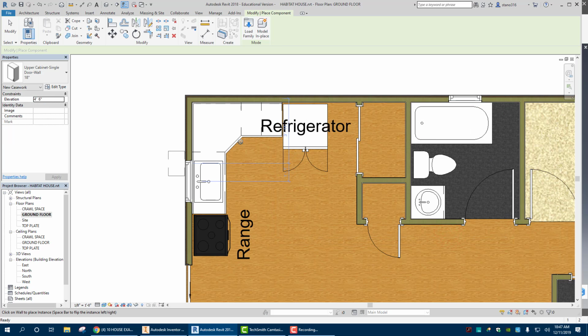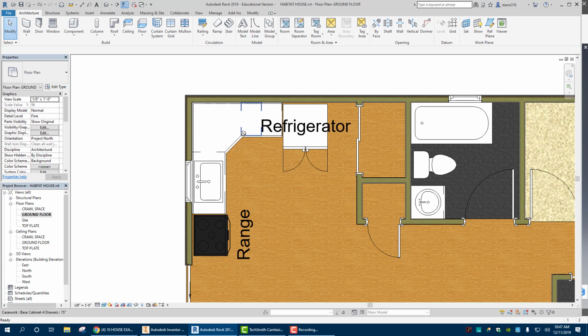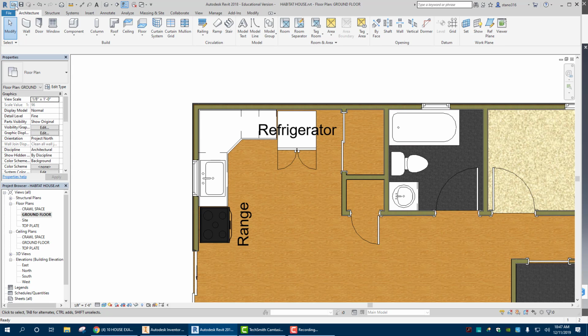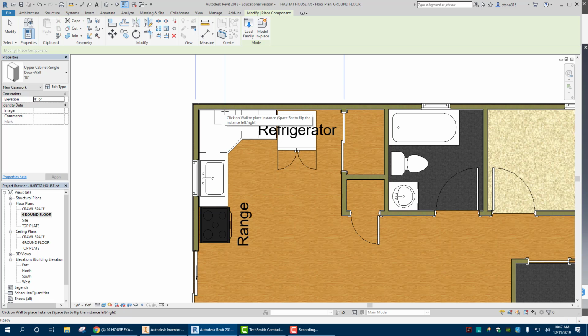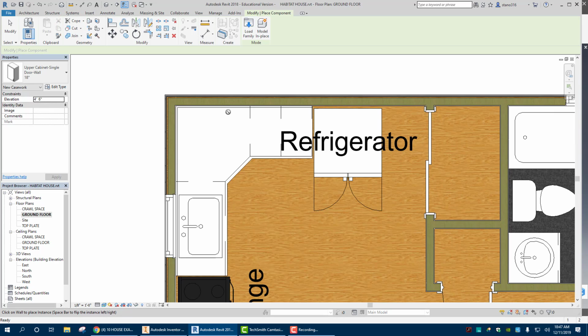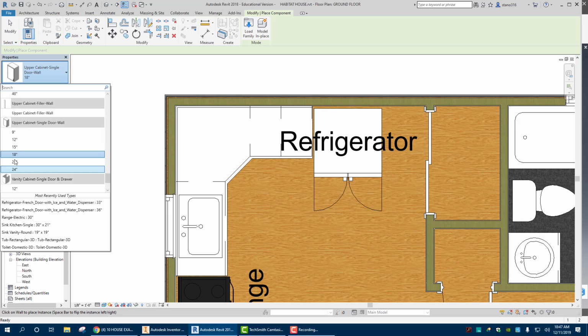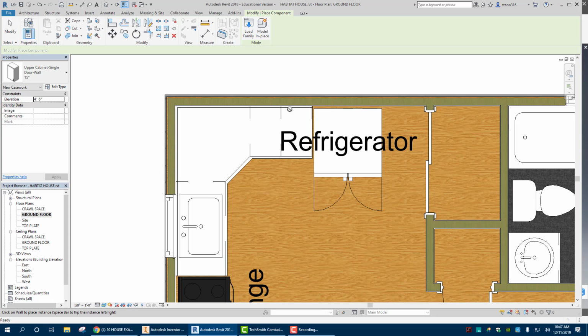Now how these go in, obviously we're not going to have one over the sink, but we could have some right over here. I could probably put in a corner one as well. So when we go into these component, there we go. Notice it brings them in. These are 15-inch down there, so I'm going to stick with that. So 15-inch, click, goes onto the back wall. So that's 1,